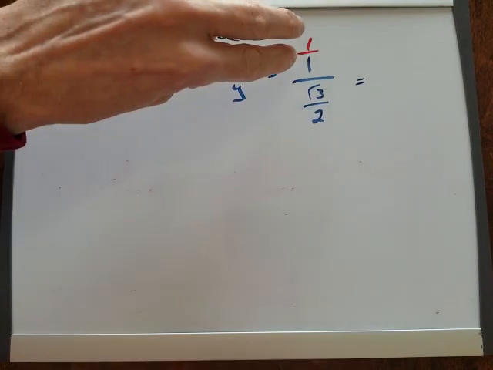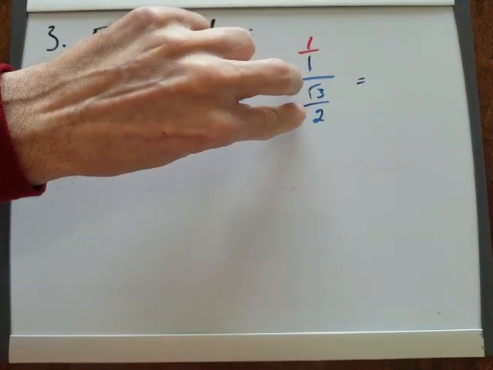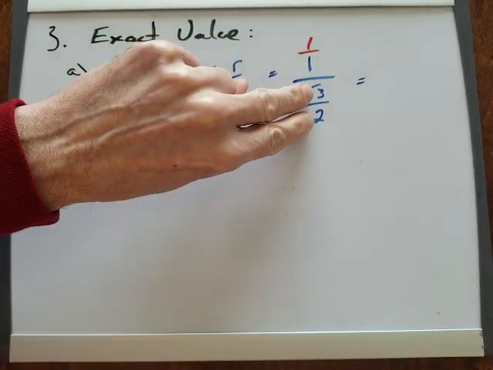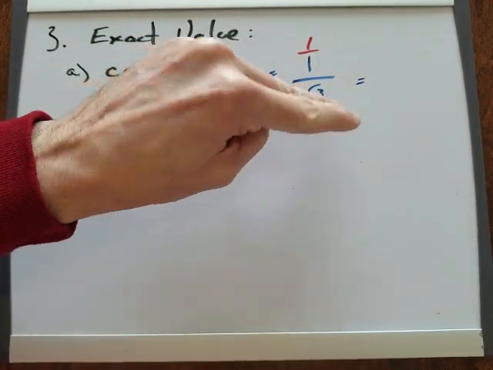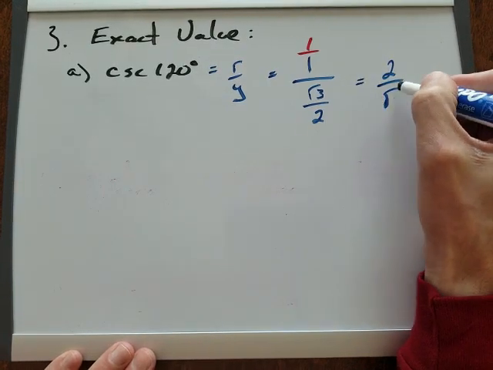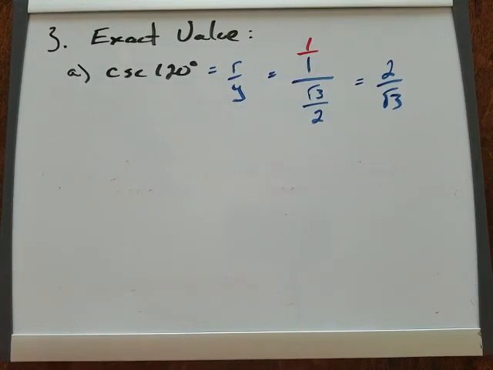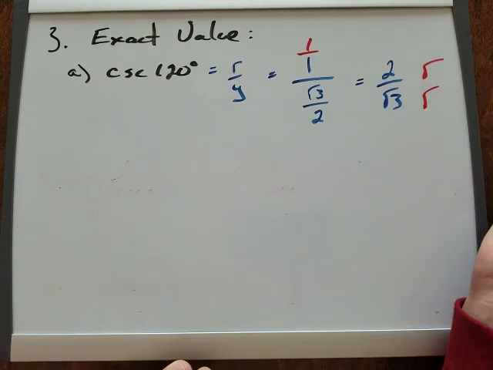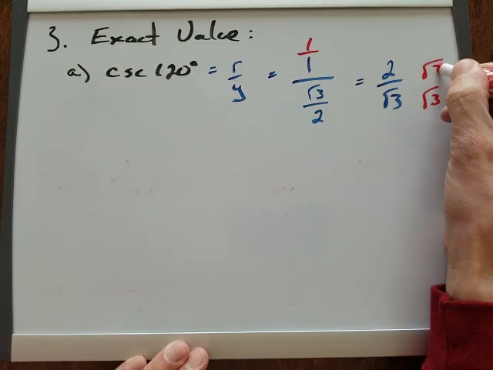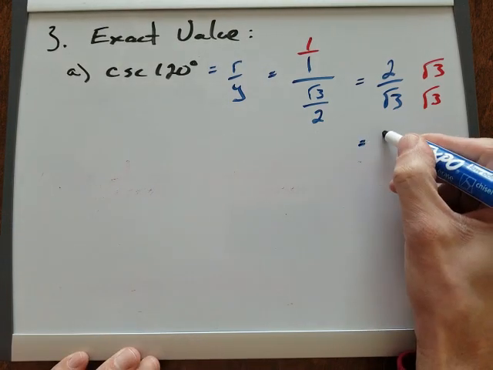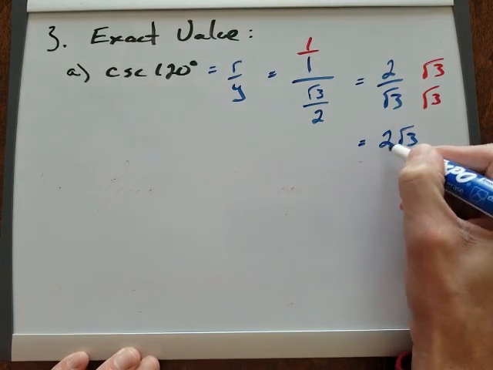And taking a fraction, dividing by another fraction, keep, change, flip, we multiply by the reciprocal. If we imagine the root 3 over 2 flipping up to 1, the 1 no longer needs to be written. We have 2 over root 3. We're not done yet. We still need to rationalize, as always. The unwritten rule is we cannot leave radicals in the denominator. We multiply by root 3 top and bottom, and we get our final complete answer of 2 square root 3